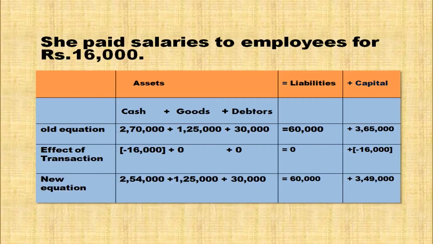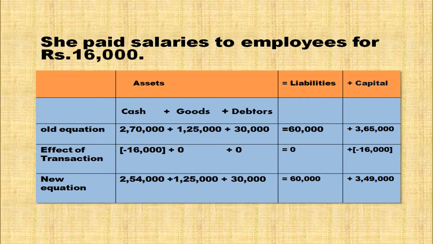When salaries are paid, cash is going from the business, from the capital it is going. So in the cash column you have to deduct 16,000. In the capital also you have to deduct 16,000. So in the cash column, 2,70,000 old equation balance minus 16,000, new equation balance 2,54,000 plus goods worth rupees 1,25,000 plus debtors 30,000. And on the liability side, liability is worth rupees 60,000 and capital